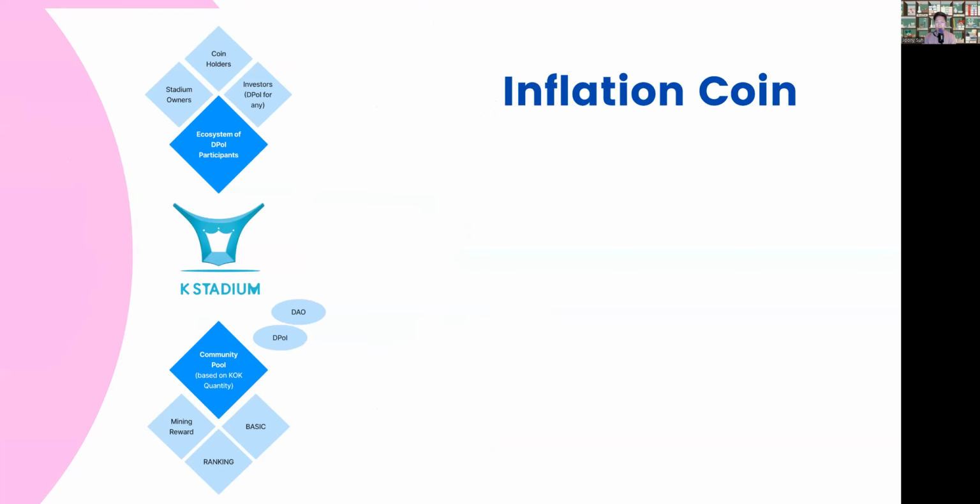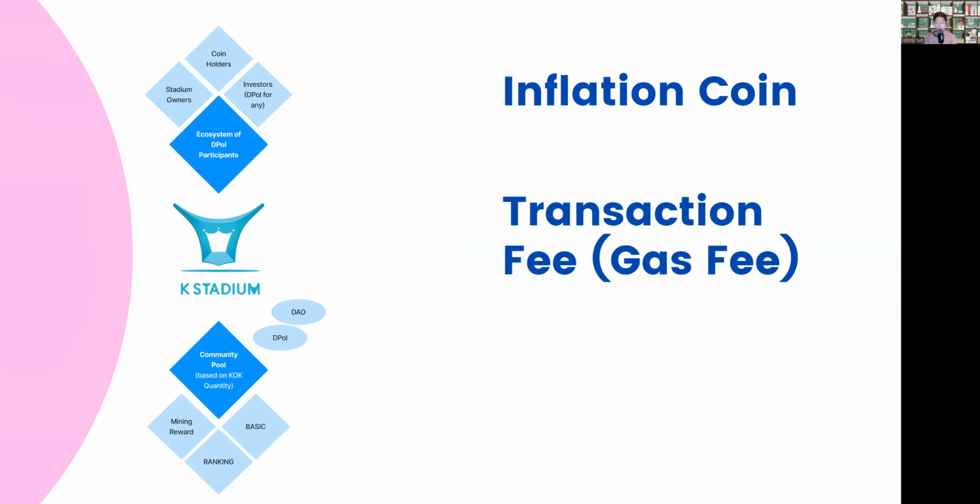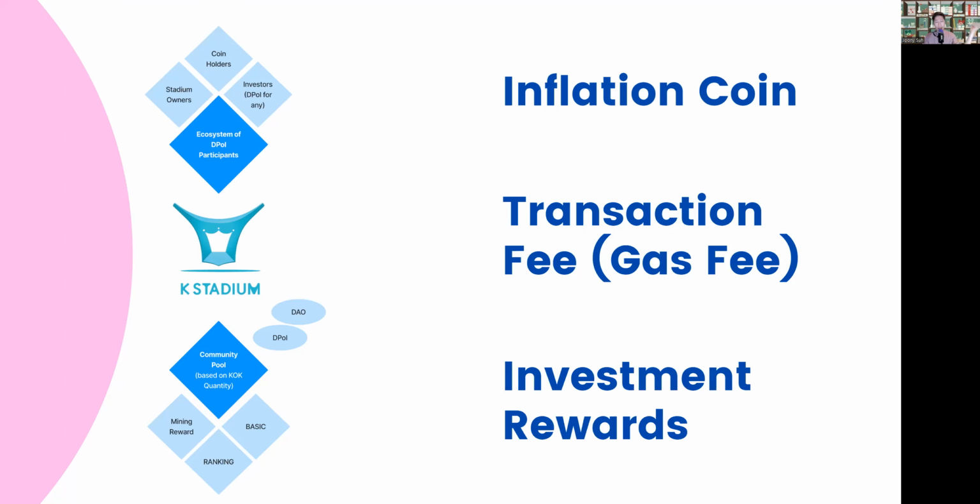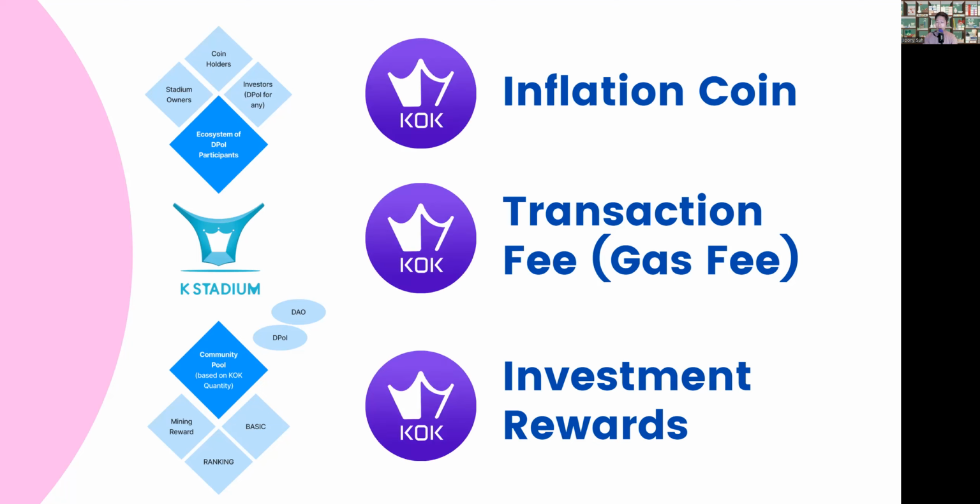So to review, there's inflation coin, which I believe is 100 million KOK per year being added into circulation to replace all the lost KOK, all the lost wallets, all the lost pricing figures. And it is not unusual for a cryptocurrency to have fixed inflation coin, especially when it's reaching the final mining phase. The next part is transaction fees or gas fees that I just mentioned to you. And lastly is the investment rewards, where when the apps enter, they have to utilize the KOK and influx that into the community pool as KOK. And this is where it's all going to come in from.